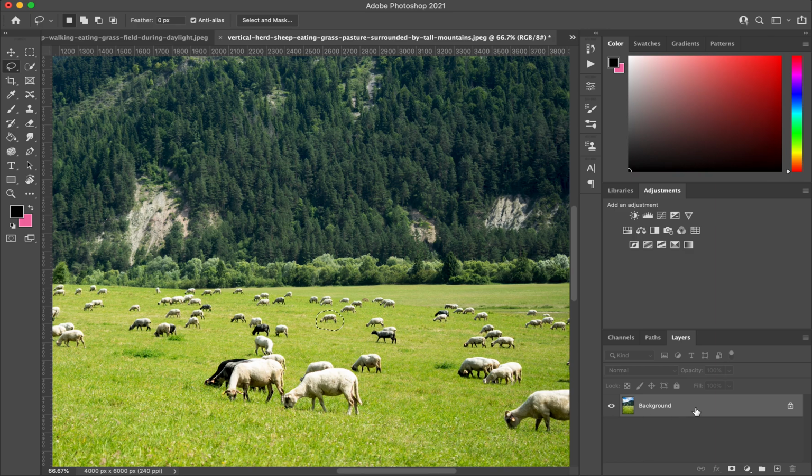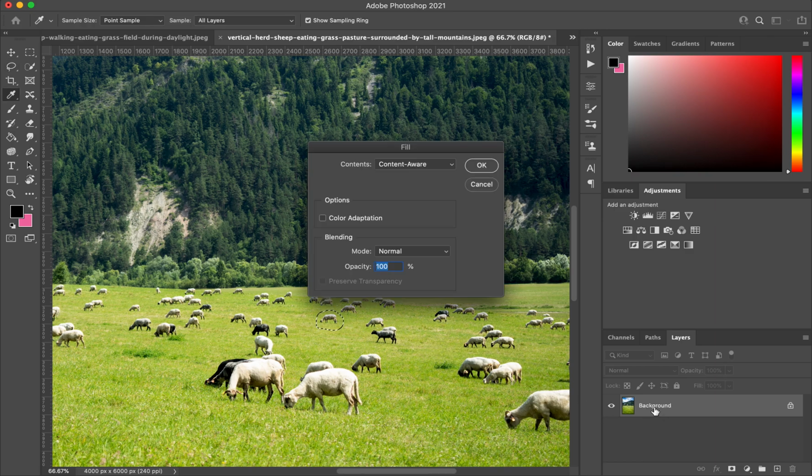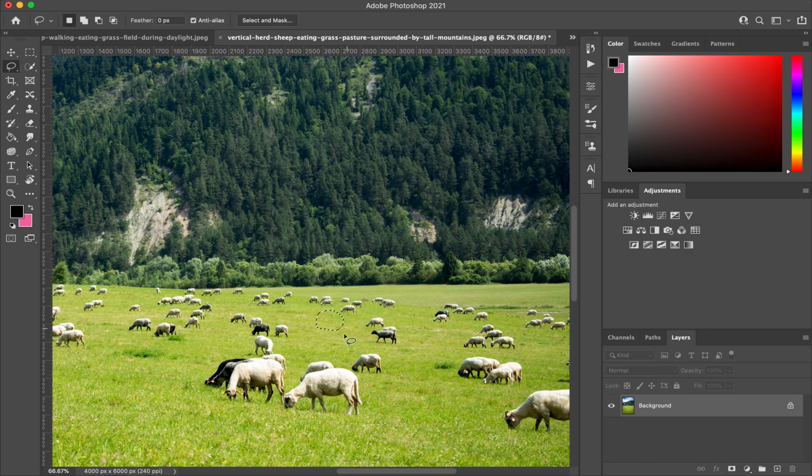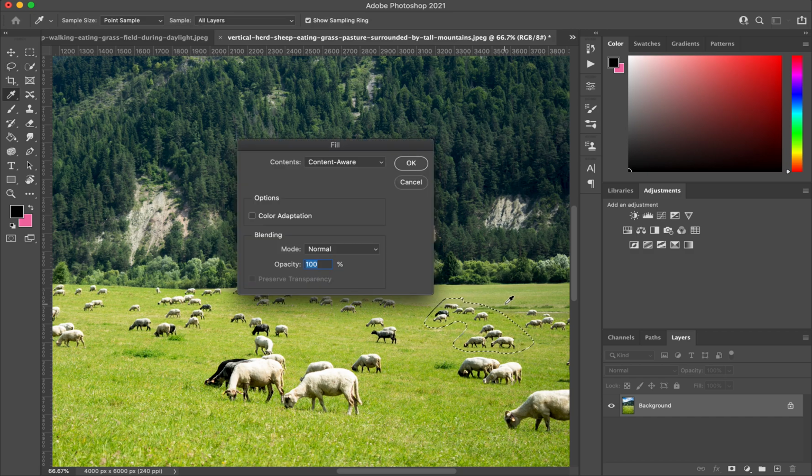Now, because we have a background layer, I can just press delete and this will pop up. Now, what I want to do is make sure it's on content aware, because what I'm about to do is automatically get rid of whatever I have selected. And what it does is it fills it in with similar pixels that are around that image. So if I go in here and grab all of these sheep all at once, I can do the exact same thing,